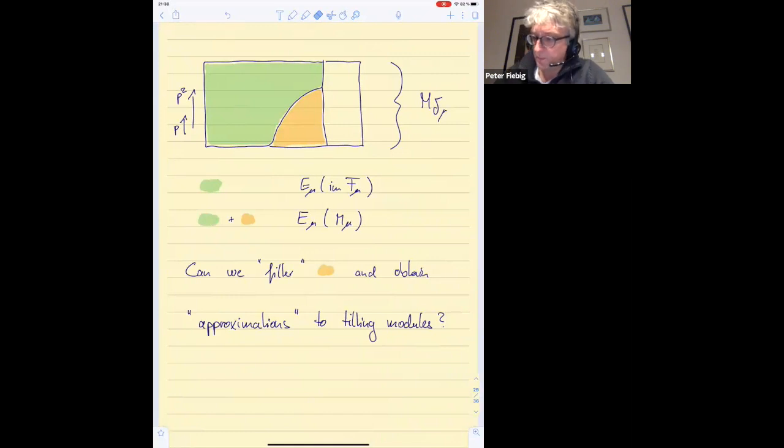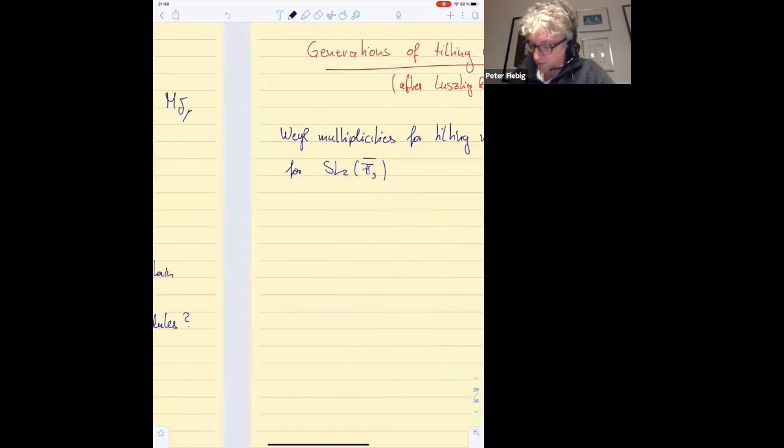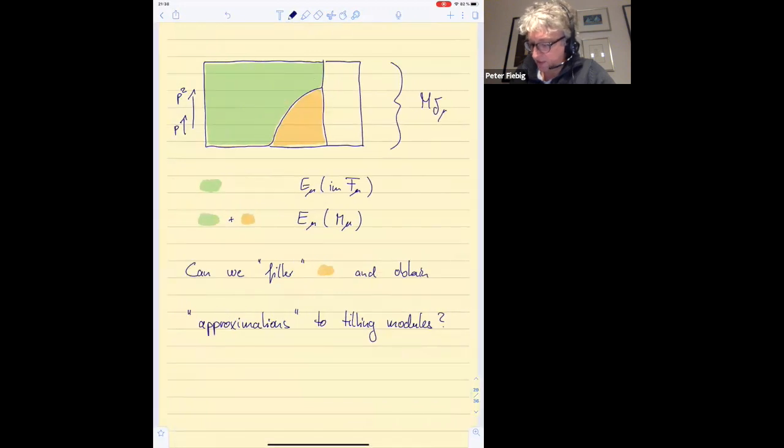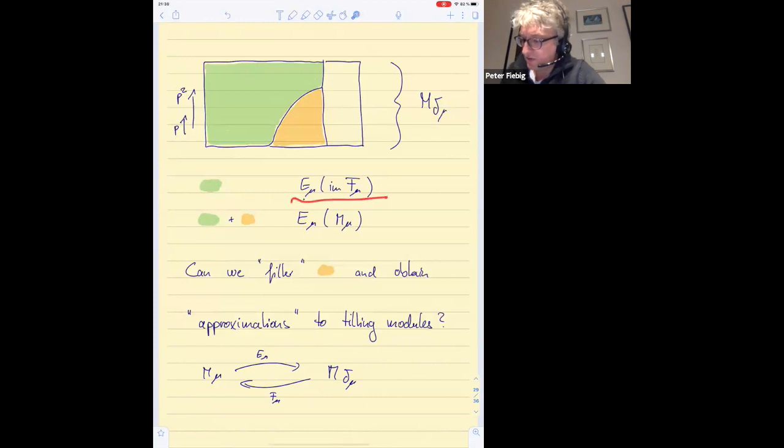Just as a reminder, we have mu, and we have these two maps between these two spaces, m delta mu. This one is e mu, this one is f mu. The e mu restricted to the image of f mu should be injective, and then there's this torsion phenomenon. So you apply e mu to the image of f mu, and you get something like this green